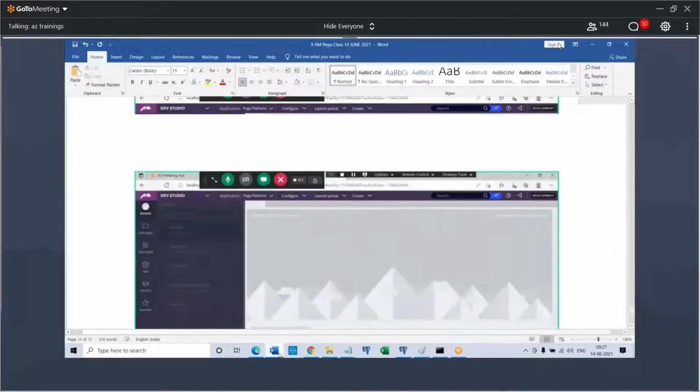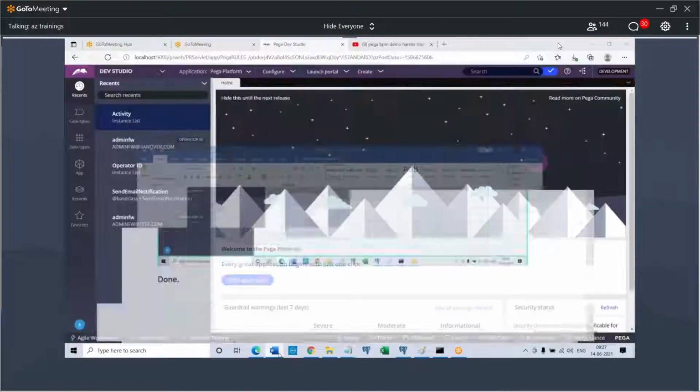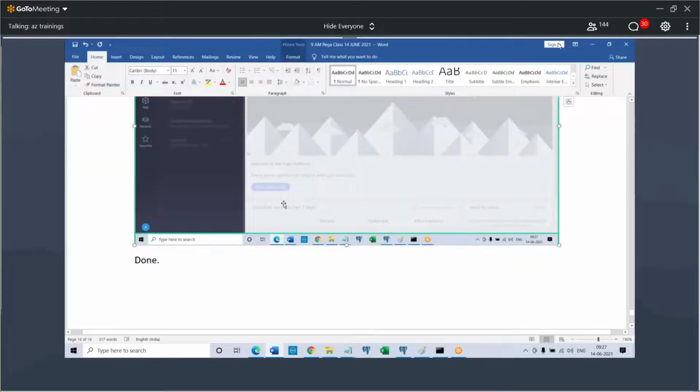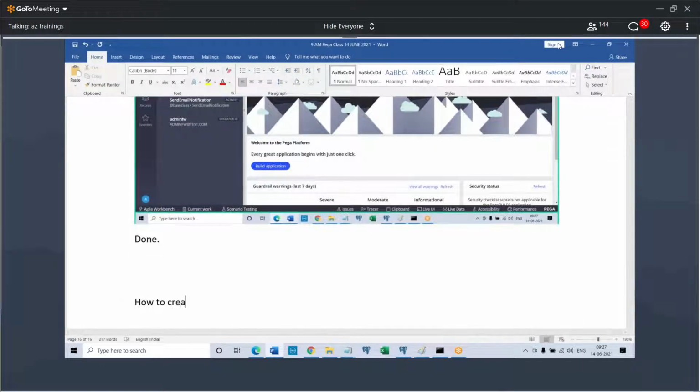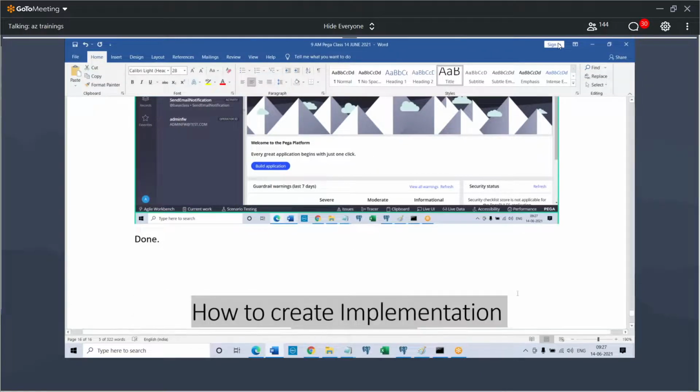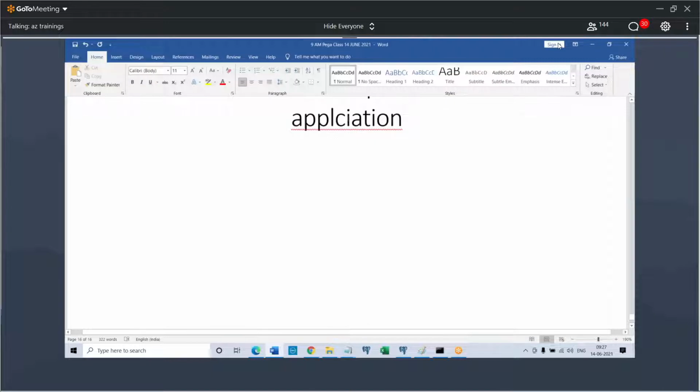So let's create an implementation application. Let's create what? Okay, I'm writing the requirement. How to create an implementation application. That is what we are going to learn now. Simply the same way. Okay. The requirement is